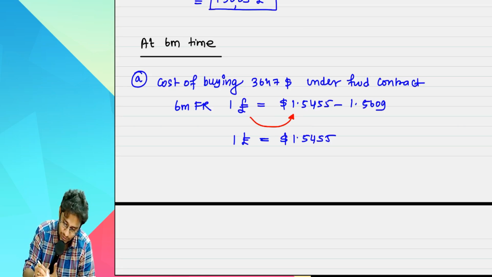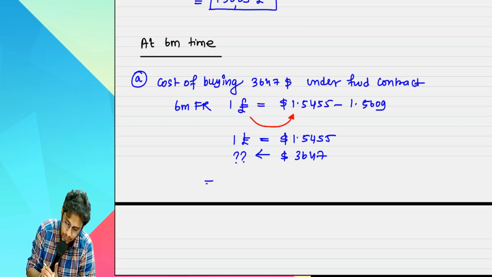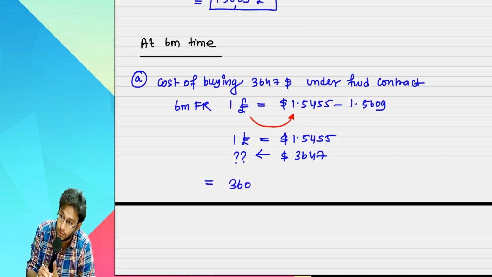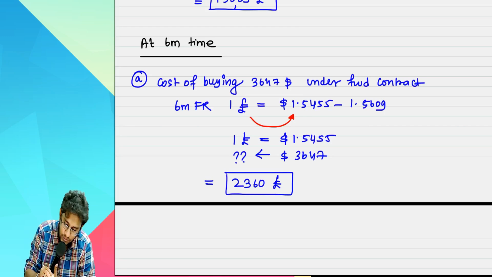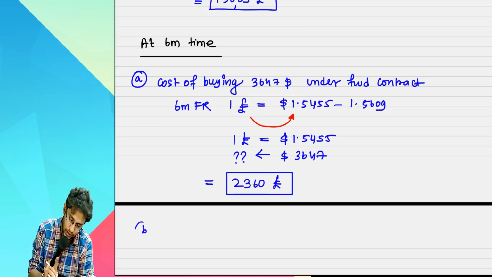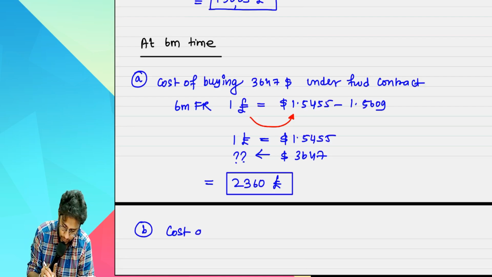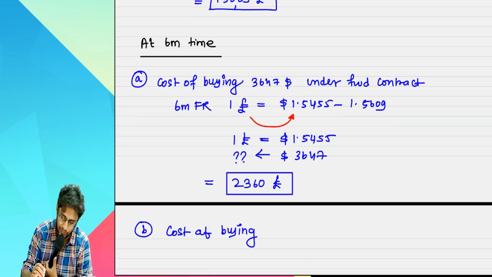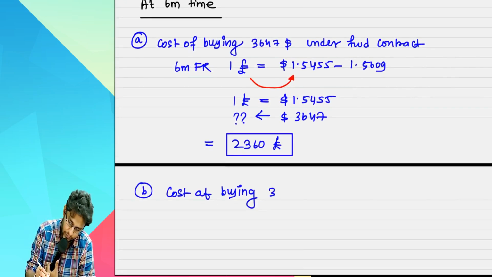How many dollars? 3647, 360 236 exactly. Okay, pound only. This is outflow. Then cost of buying. How much is the hedged portion? 361,250 dollars at spot rate